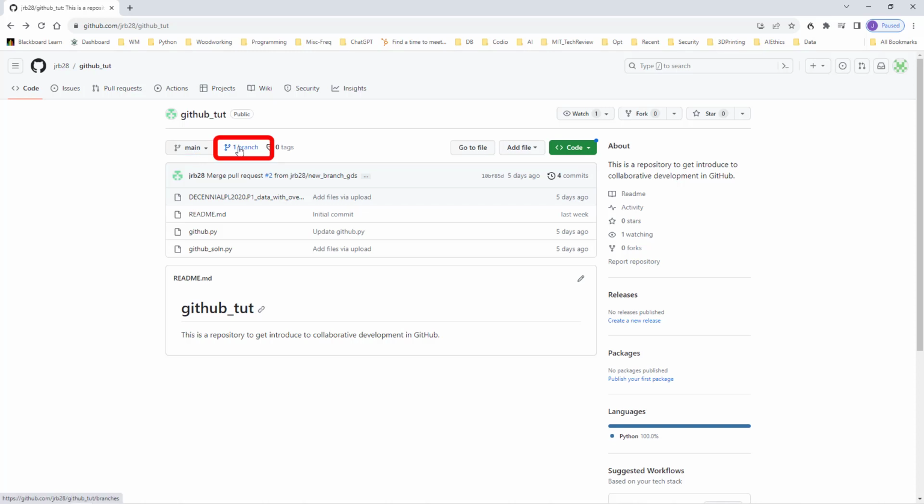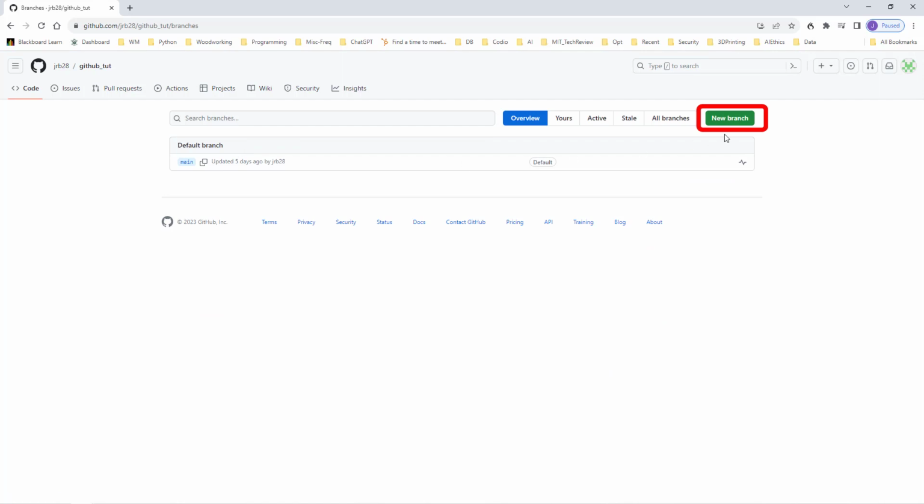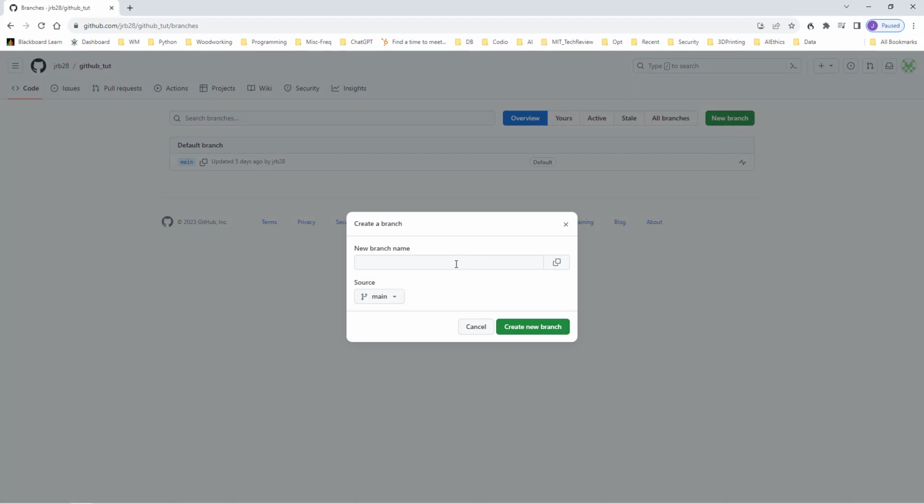To create a new branch, you click on Branch, and in the upper right you'll see a green button that says New Branch. What I'm suggesting that you do here, it's not something that you always have to do. In terms of naming, a branch is probably best named according to whatever its mission is. But in this case, so we can identify branches with users, call your branch something like new branch, and then I'm going to shorten my GitHub username to GDS. And so I'm going to create new branch,